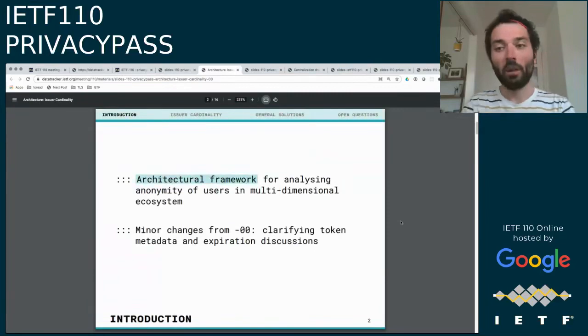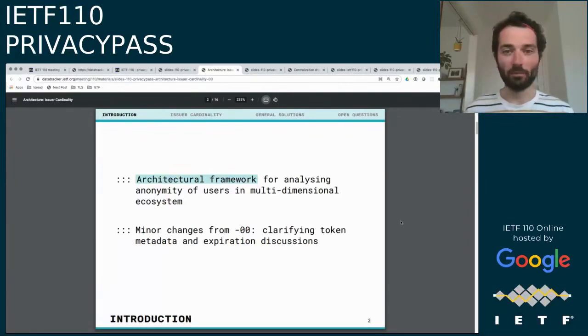So just as a general overview, if you're not familiar with the document, it provides an architectural framework for analyzing how we build privacy-preserving ecosystems around the Privacy Pass protocol. And I say that because the unlinkability requirement, which is that client issuances and client redemptions cannot be linked, is determined by the ecosystem in which the protocol exists, rather than it just being a cryptographic property of the protocol itself. So the architecture document is similar to the architecture document used in the MLS working group, and is based around formalizing